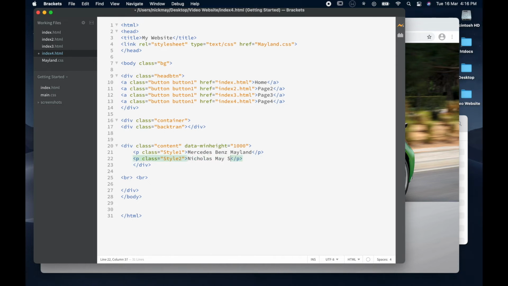My signature edition. Right, it still spells it wrong. Right, so signature edition. So now we've got a style 2 here, so we need to make sure that we